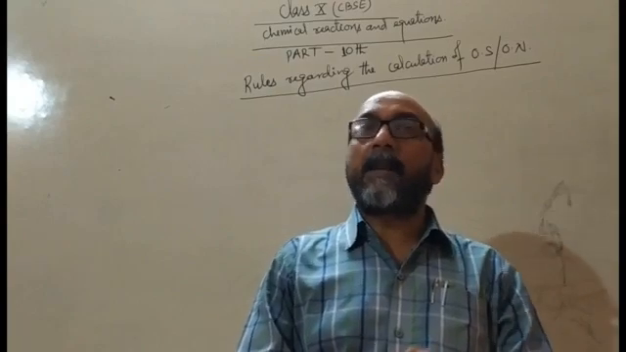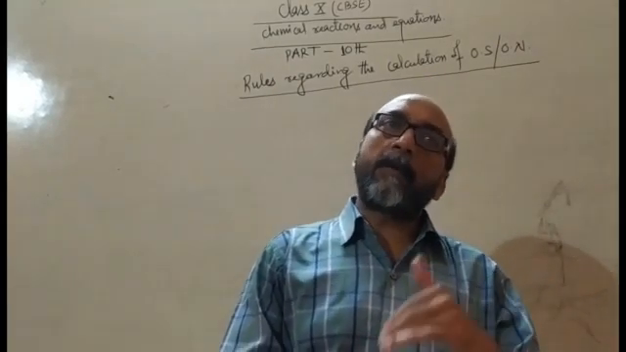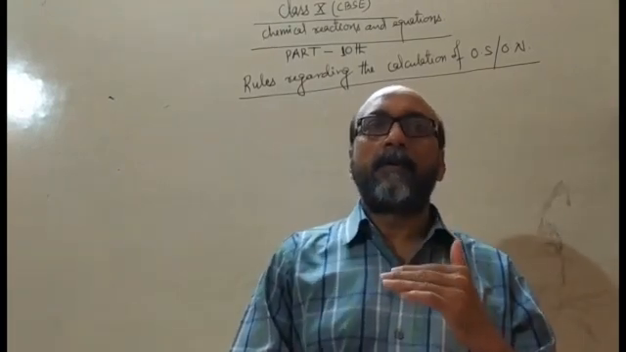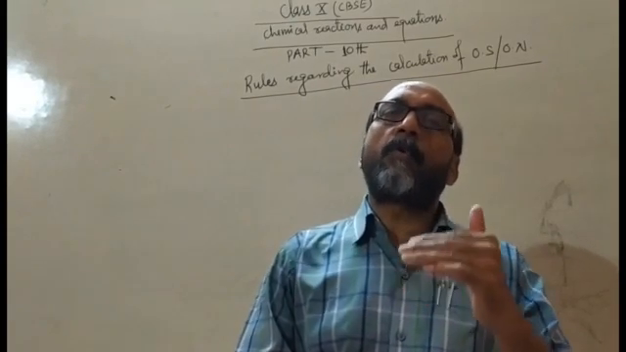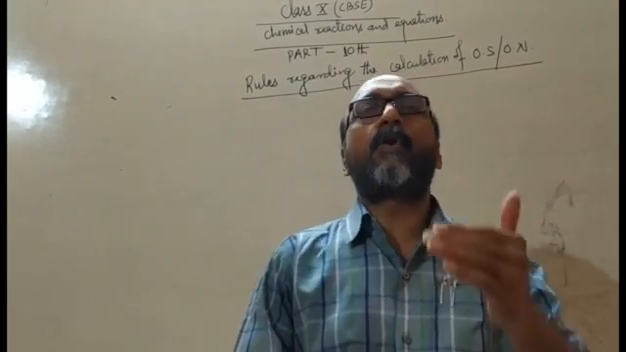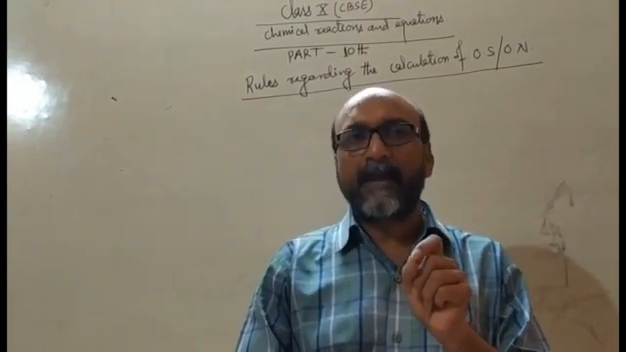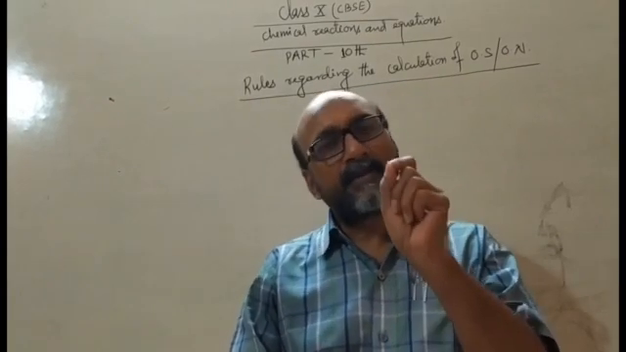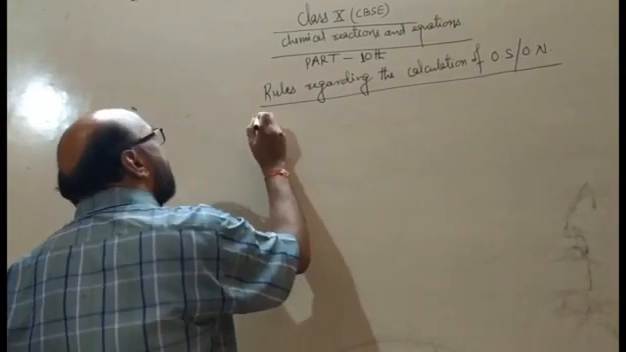And in the last video, we have learned up to the fifth rule regarding the calculation of oxidation state or oxidation number. So, today we shall start with rule 6. Rule 6 is